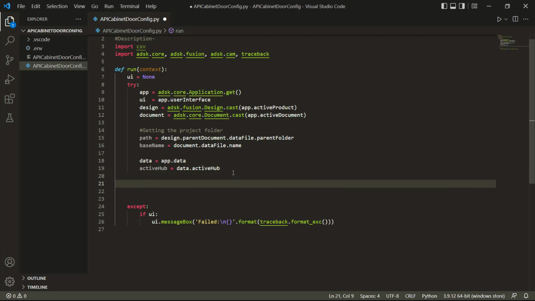So now that we have the data and the active hub, the next bit is to start setting up our variables to access these. I'm going to use some standard nomenclature. If you look through help files, if you look through forum posts, this is likely what you're going to find. So we're going to use proj as the project, and I'm going to use the nomenclature that has the colons, and this is going to be equal to